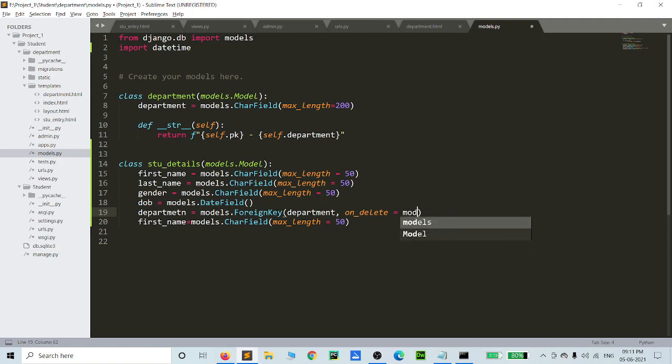If you want any more details regarding these sections, you can check the Django documentation. So we add department. Then the last field is the address section.